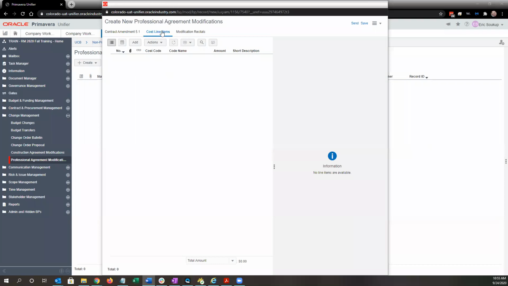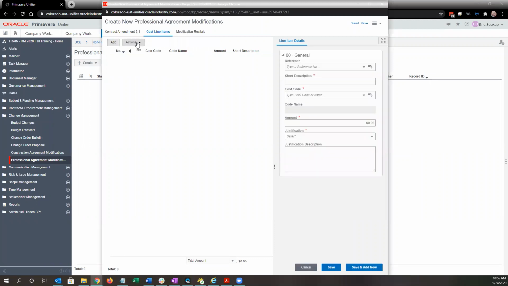Okay, so now I'm looking at the cost line items tab. I'm going to click add. First thing you'll see is this reference field. So this is important to note. If you are modifying, let's say you are adding or deducting fee from a phase that they have already been awarded, you would need to select that reference. What this does is this pulls up the phases that have been awarded, and this allows you to change that amount. If you don't select a reference, it's actually going to create an additional item in their SOV,